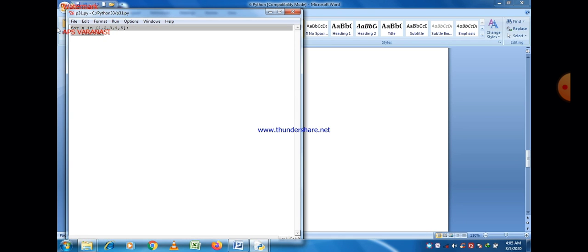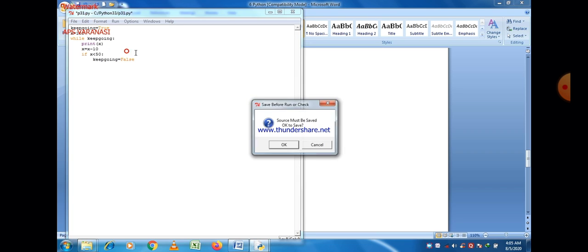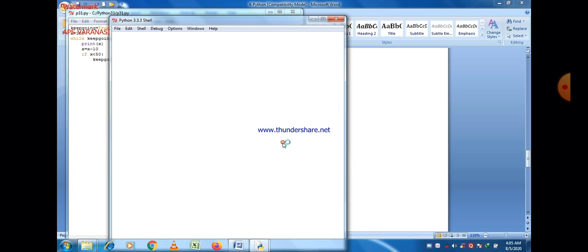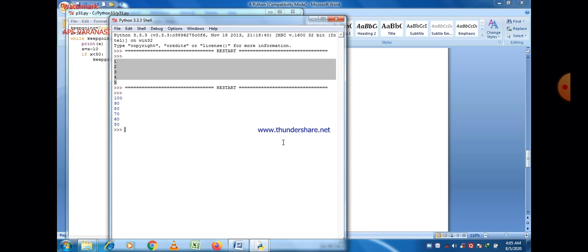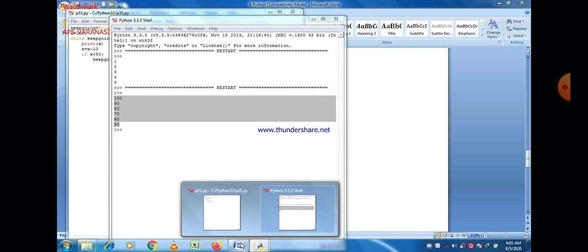Let us see what the output is. Okay, run the program, save the program first. You can easily see that, yes, 100, 90, 80, 70, 60 and 50. This is the output.